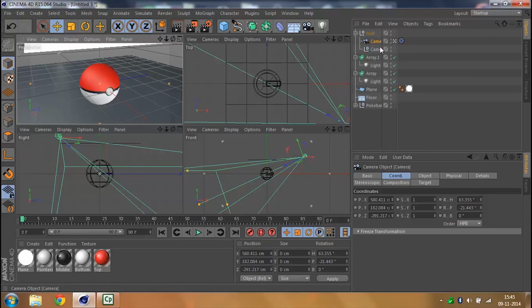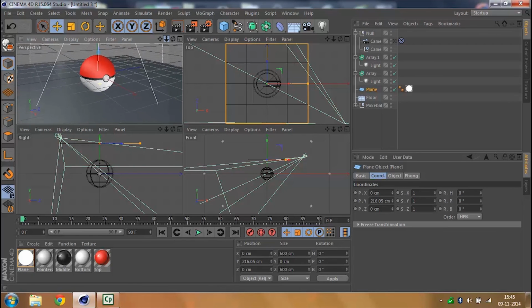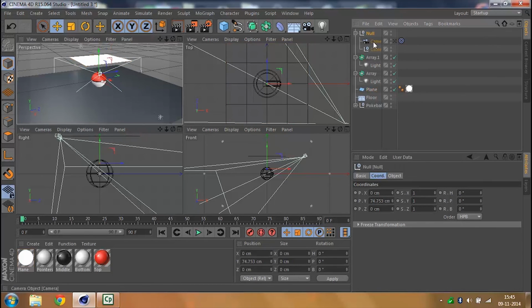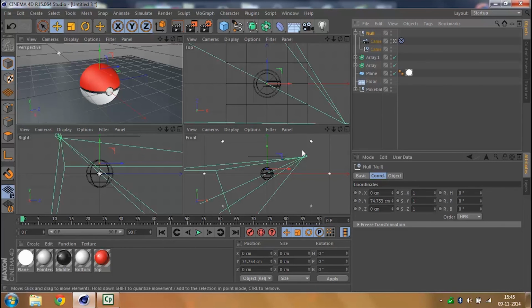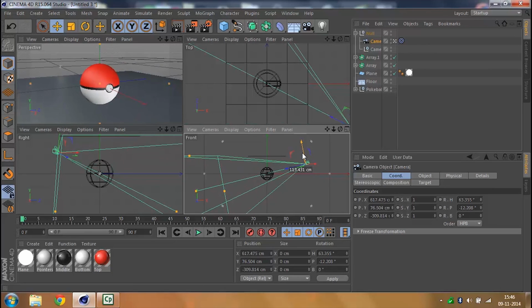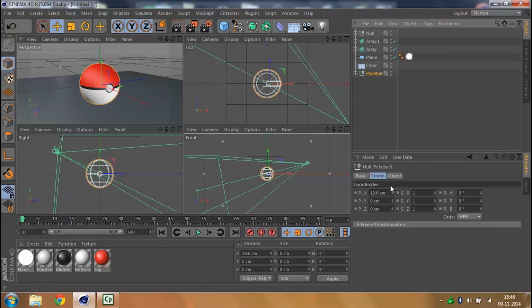I don't want the plane to be seen, so one simple solution is to first deactivate the camera view, get to the top and drag the plane a bit up to avoid the camera seeing the plane. Then collapse all of them, click on the camera, activate your camera to see what it is seeing, and then drag it like this. Yeah, this is fine. And then get your Pokeball and maybe rotate it by an angle of